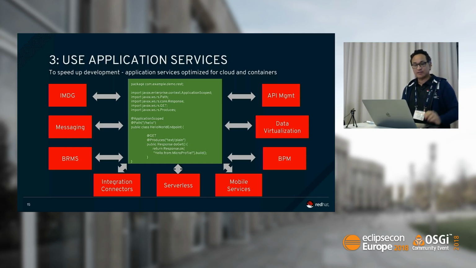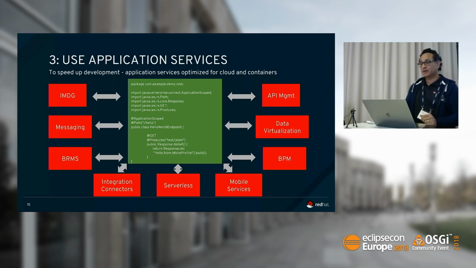Step number 3 is use application services. So what are application services? I was talking about speeding up business logic development earlier. So for this, there is no need to recreate the wheel, right? So if you need to cache data in memory, for example, you can use